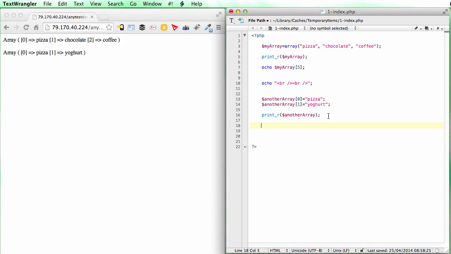I'll show you one more. You might want to use a definition similar to the first line here, but maybe you don't want the keys to be 0, 1, and 2. Maybe you want to define the keys by yourself. So let's have another couple of line breaks and see how we do this. So third array is going to equal array, and this time we're going to split up those brackets